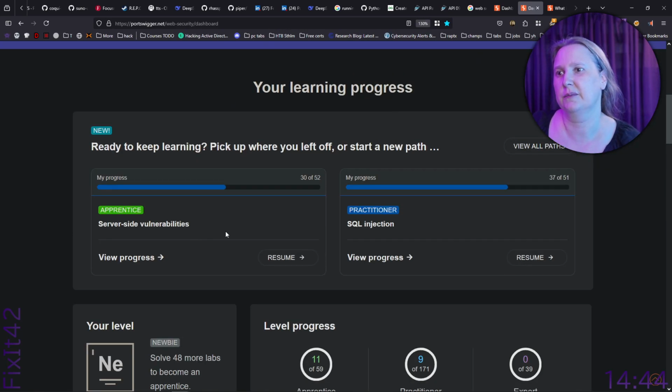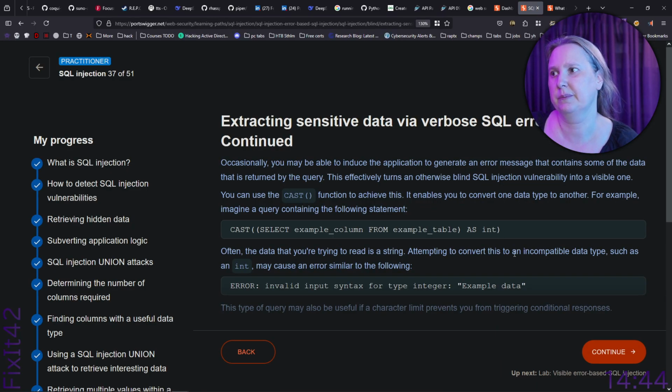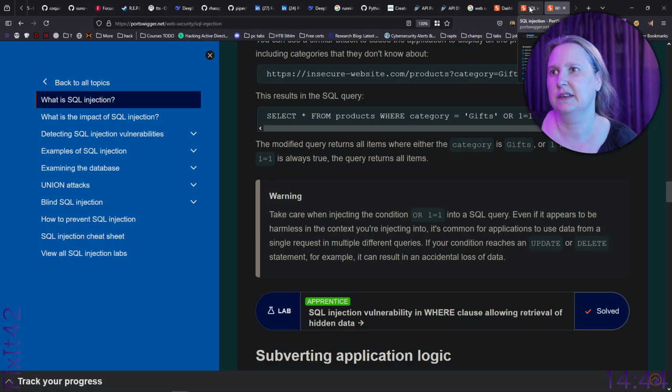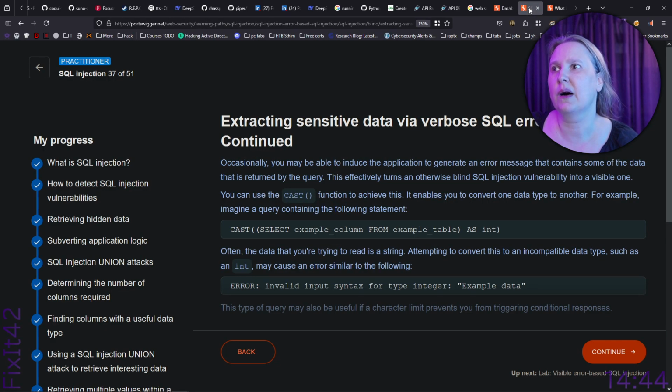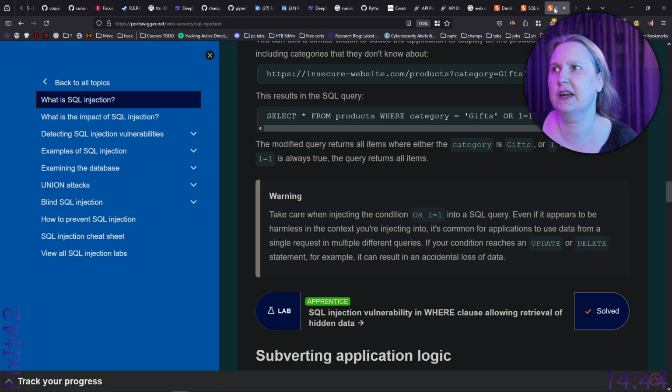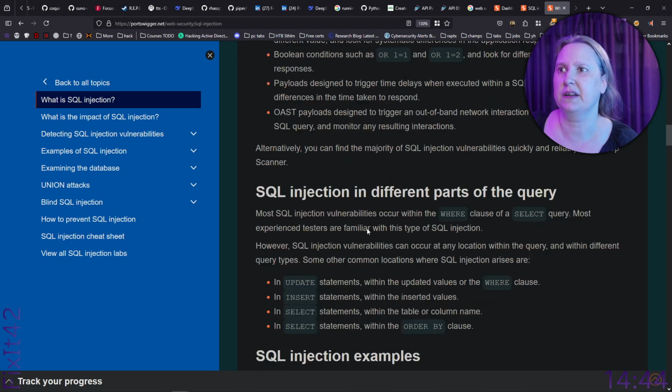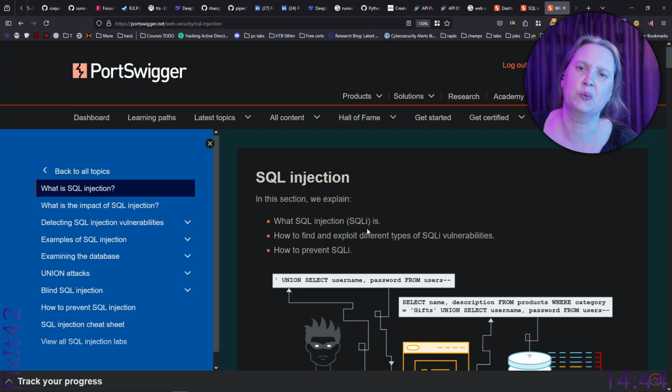I scroll too far. So SQLi here. If I do resume, yeah, this is a totally different look than this is. I don't get why learning paths and just topics. Why have two? Why not focus on one so you can like